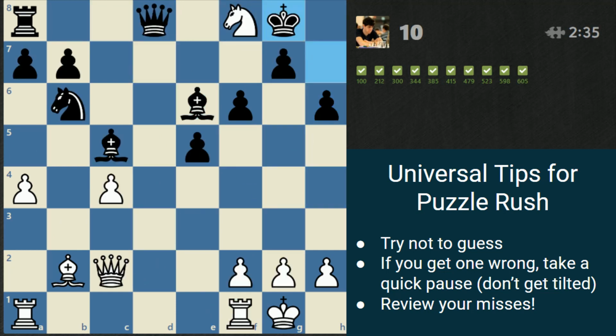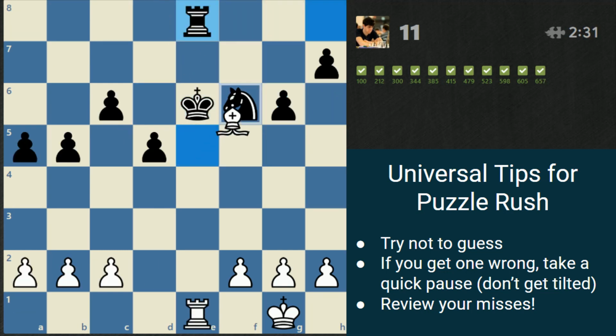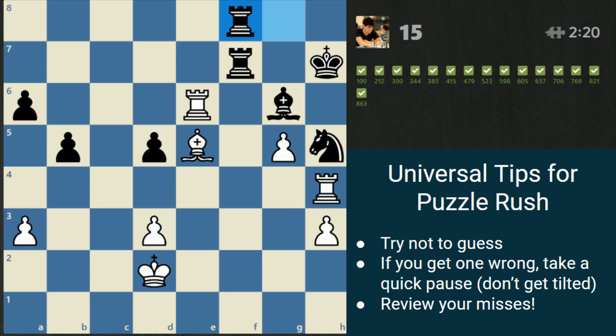It's hard to be good about this. We all have the urge and impulse to guess and try to go quickly, but it's important to, as much as you can, try to be mindful when you're solving. Your brain can tell a difference between a solution that you understand and a move that you're just playing because